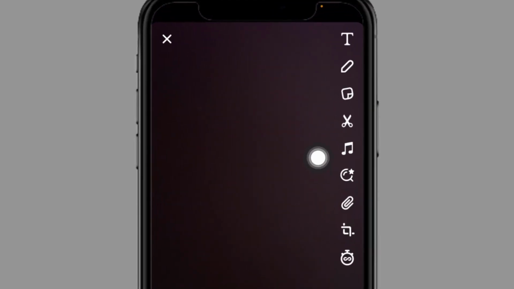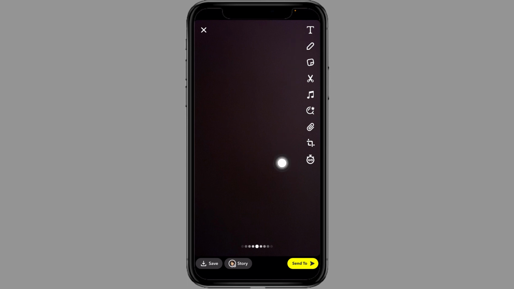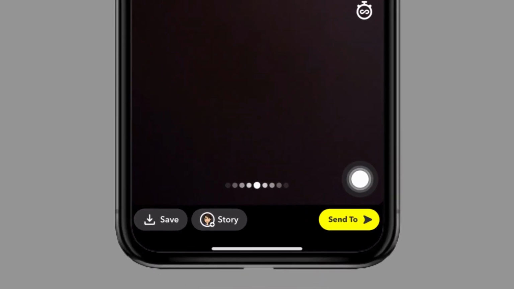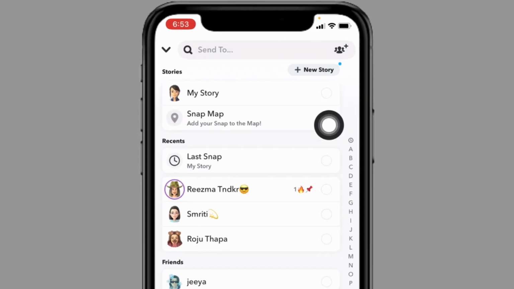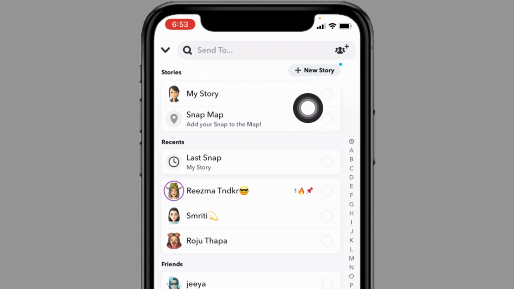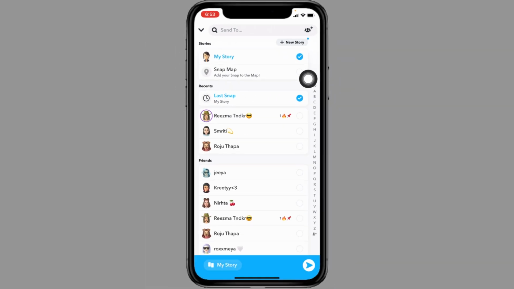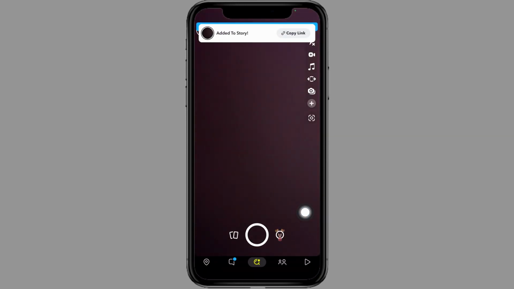At the right corner, you can see different options. You can use this for editing. After you are done, tap on send to. Now here you can see this option of my story. You have to tap on this small circle, tap on this arrow given at the bottom right corner, and it is done. Now you can go to your profile